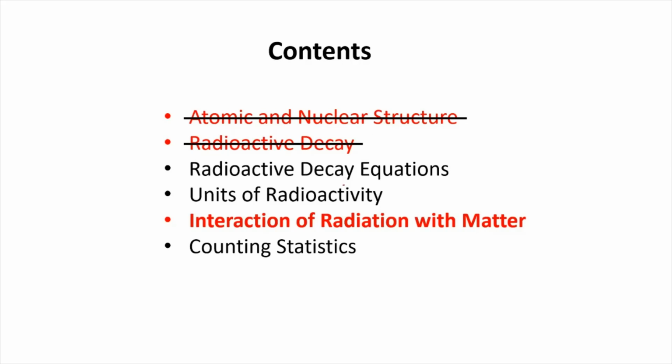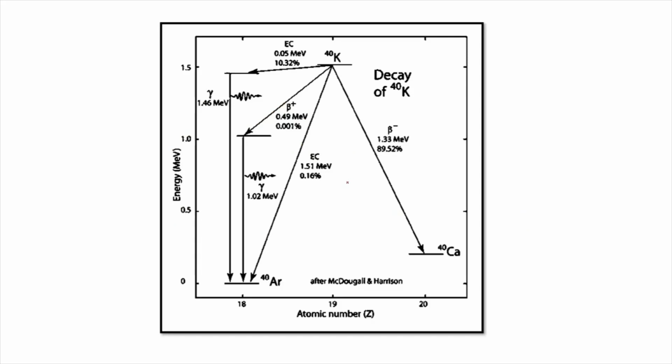of radiation with matter. In our previous presentation we saw this decay diagram of potassium-40, and it decays through different decay processes like beta decay, electron capture, positron decay, and gamma decay. Now let us constrain our discussion to the gamma decay process: potassium-40 through electron capture goes to an excited state over here, and from this state it decays to the ground level of argon-40 by emitting a gamma ray